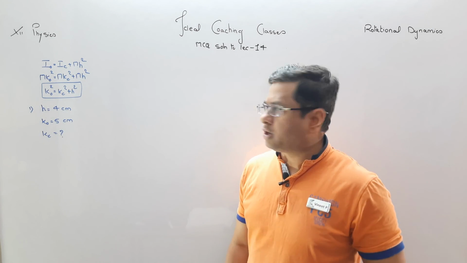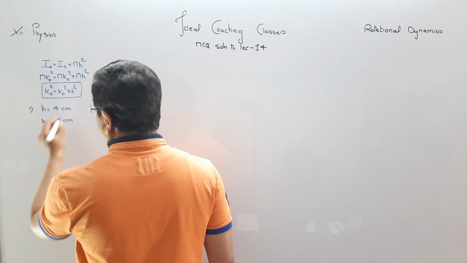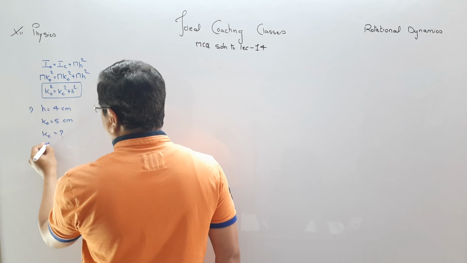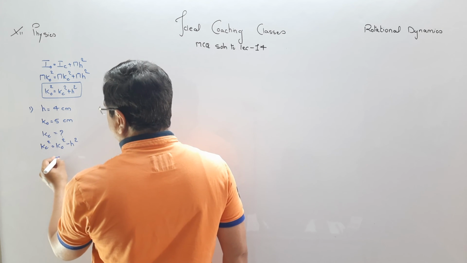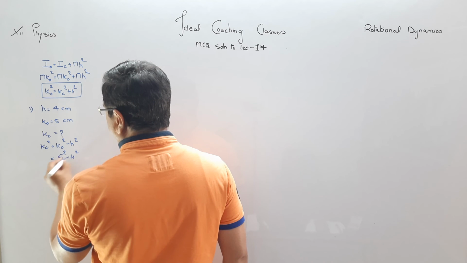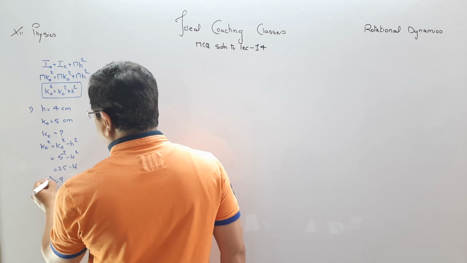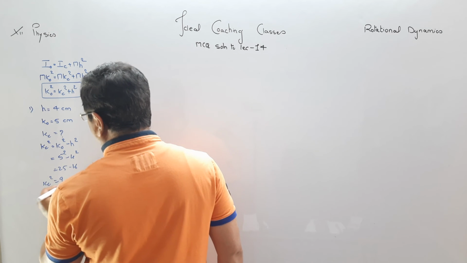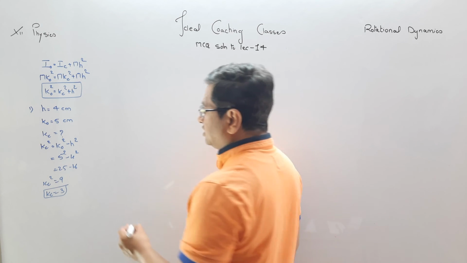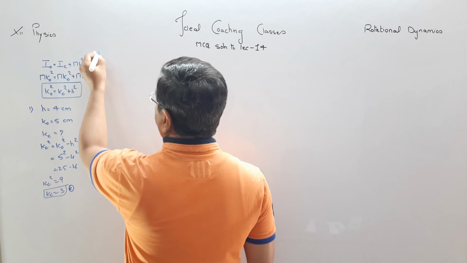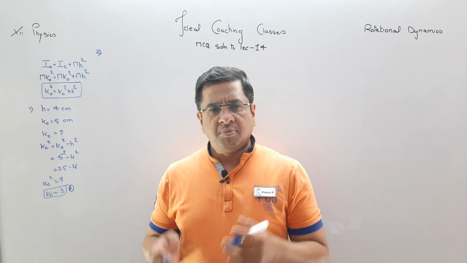अब आप समझ चुके होंगे कि ये मैंने क्यों निकाला है। यहाँ पे अभी सिर्फ सब्स्टिट्यूट करने की देरी है, आंसर आ जाएगा। इस रिजल्ट को मैं लिखूंगा kc square is equal to k0 square minus h square, that is 5 square minus 4 square, that is 25 minus 16, that is 9. kc square is equal to 9, kc is equal to 3 centimeter. The answer of the first question is C, 3 सेंटीमीटर. दूसरा सवाल बिल्कुल इसी के ऊपर बेस्ड क्वेश्चन।